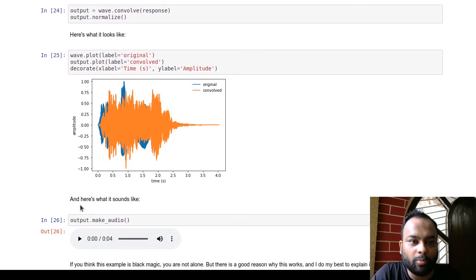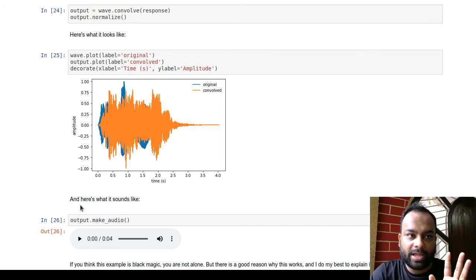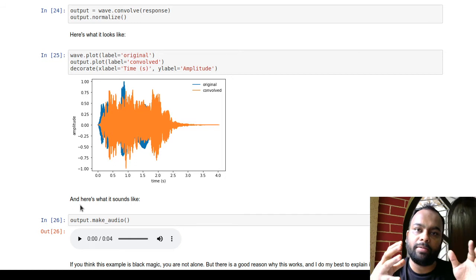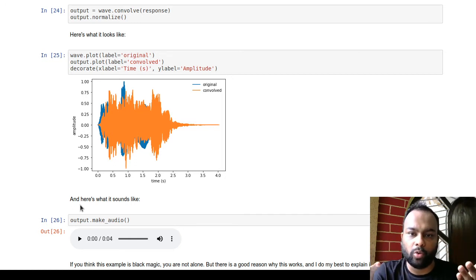So again, I just told you moments ago that when I do convolution like that, it immediately gives me the response of the system, okay, response of the LTI system as if we physically had the LTI system with us, right? So if I now convolve the gunshot sound, okay, the sound of the gunshot in the empty hallway, which is the impulse response of the empty hallway, with my violin that I played in a regular room, and if I do a convolution operation, in that case, I would get a sound that sounds like as if I played my violin in the empty hallway. So let me play that.